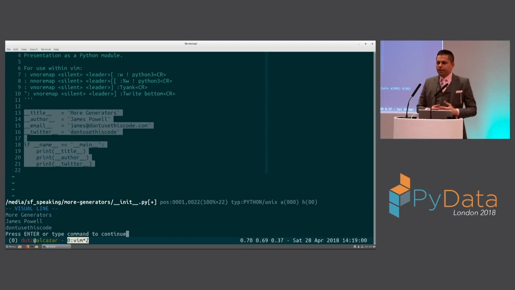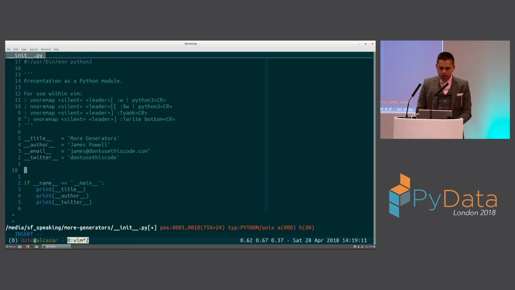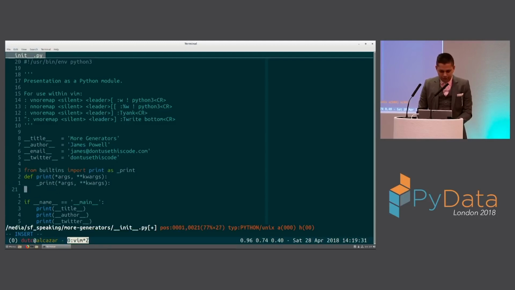Now, one unfortunate thing here is, because these aren't slides, I can't do the self-promotional thing of getting all of you to follow me on Twitter by having a big Twitter thing at the bottom of the screen. But because this is Python, we can just overwrite print to always print my Twitter handle every time I print something out. So let's just do that really quickly, and we'll see if this gets annoying or not. We'll say from builtins import print as _print, so we don't lose the original print. We'll print what we were originally going to print, and then we'll print out, follow me on Twitter @ and then my Twitter handle.